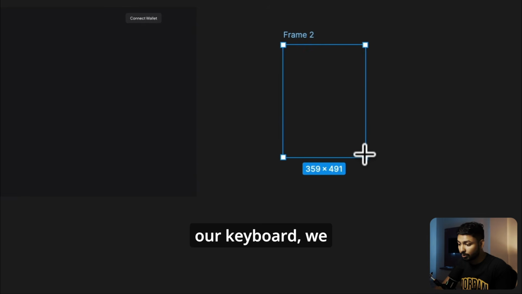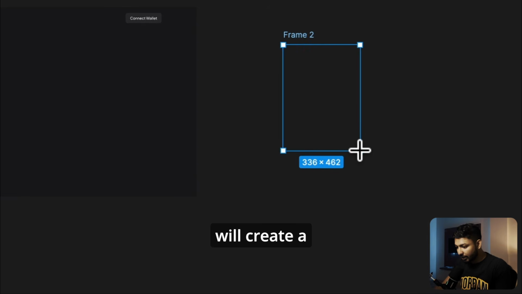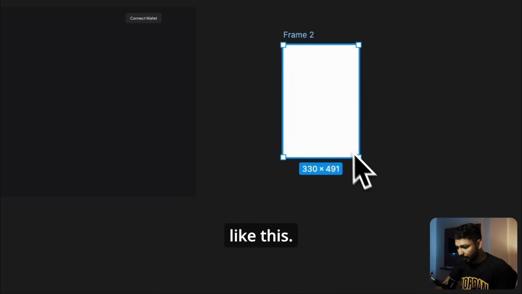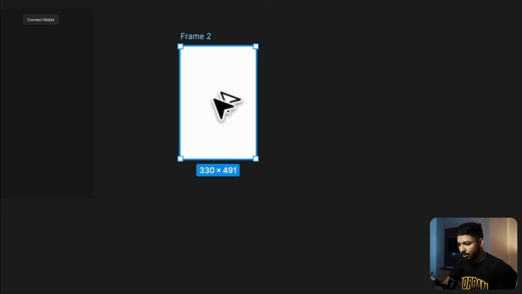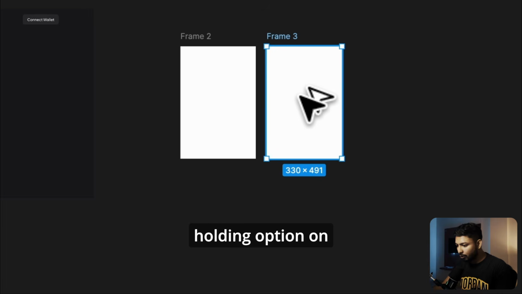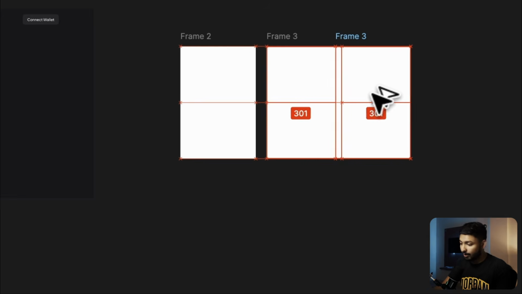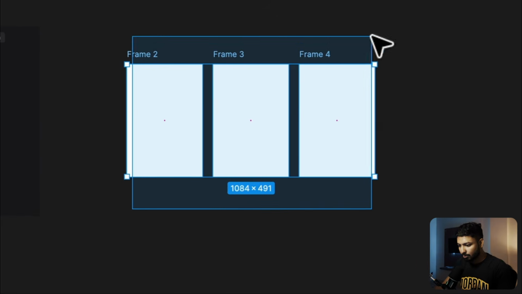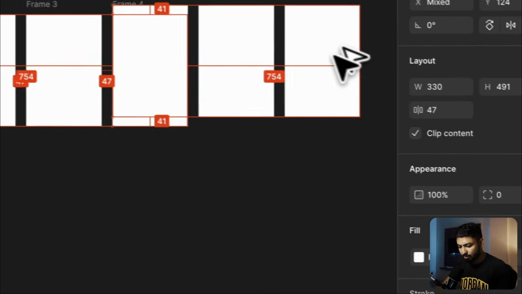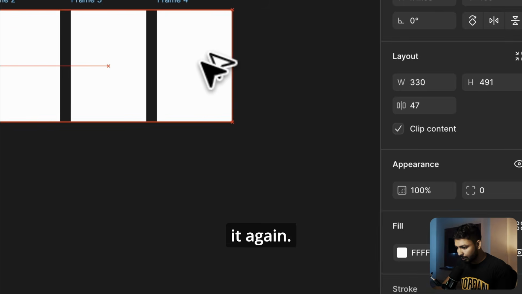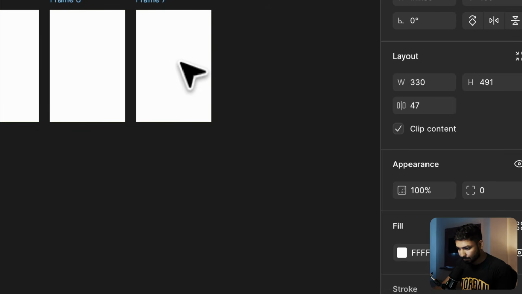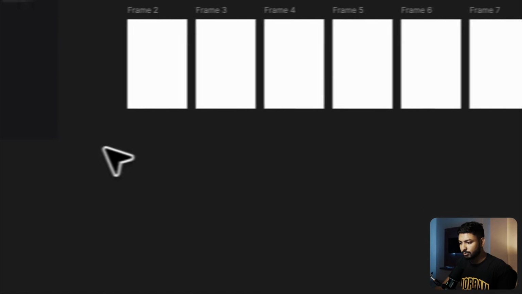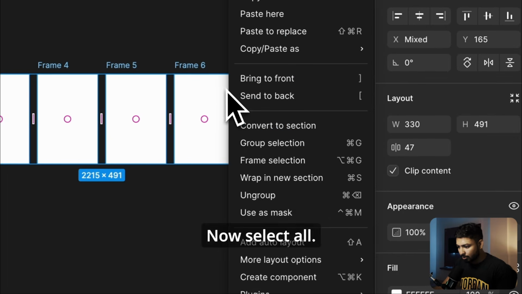What we will do now, first of all, by pressing F on our keyboard, we will create a frame, something similar to this, and we will duplicate it by holding Option on our keyboard, as I am using Mac. Select all and duplicate it again. Perfect. Now select all,